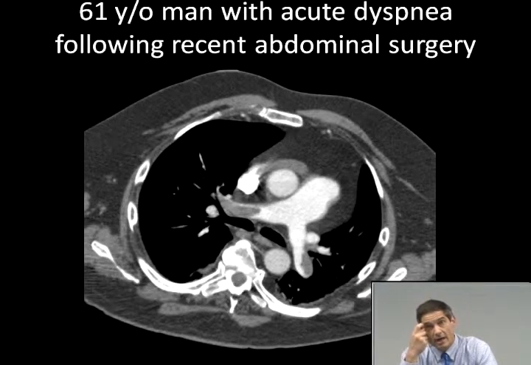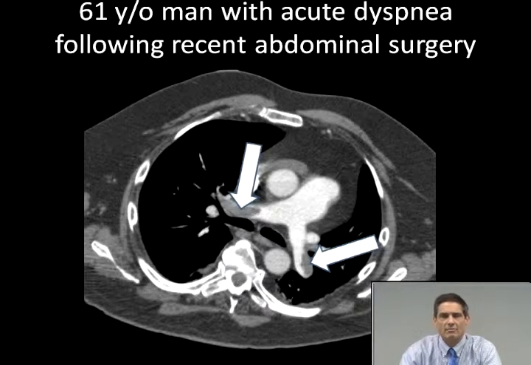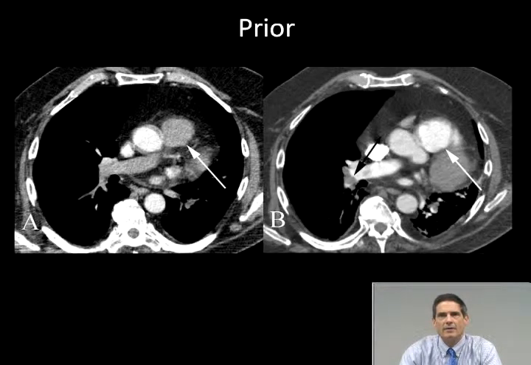This 61-year-old had acute dyspnea after some recent abdominal surgery. This image has arrows on both left and right pulmonary emboli, big nasty emboli. The prior CT scan on the left shows, and again the timing of that bolus was different, and that study was not performed for pulmonary embolism, but the image on the left versus the image on the right, you can see where the arrow is. The pulmonary artery has gotten considerably larger when this fellow has his